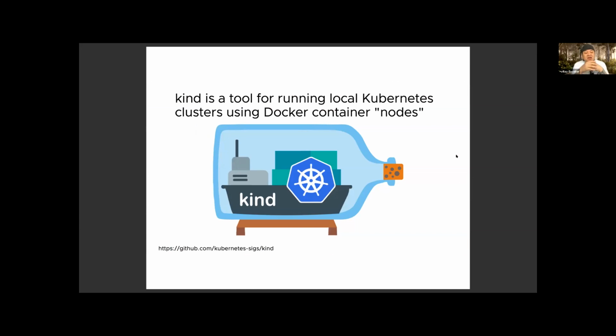That means you have Docker running on your laptop, and on top of that, you create Docker containers to function as Kubernetes nodes, and on top of that you have your containers, right?